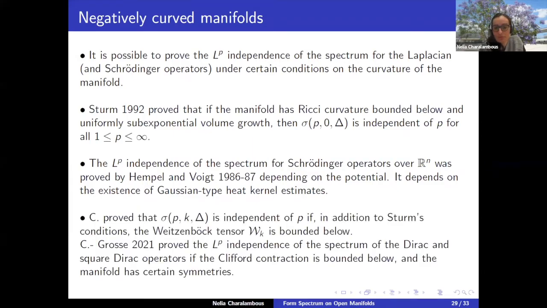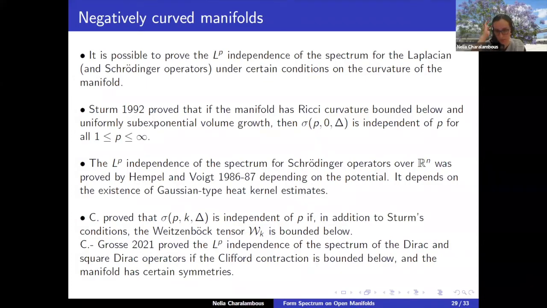So for example, on k-forms, one can get L^p independence if, in addition to Sturm's result, the Weitzenböck tensor is bounded below. And for the square of the Dirac operator and the Dirac operator, we also get L^p independence if we have the Clifford contraction bounded below, and the manifold has certain symmetries that allow us to get information about the Dirac operator from the